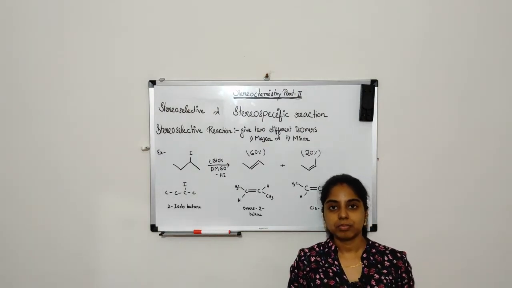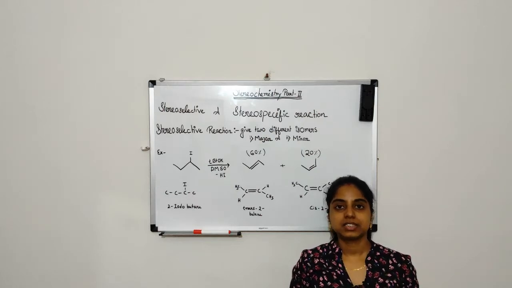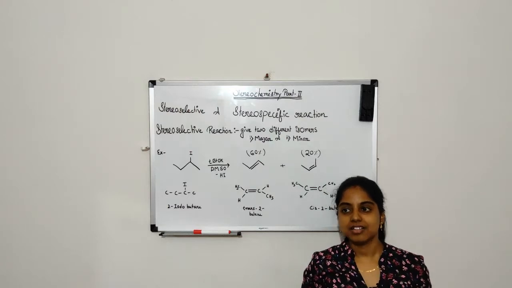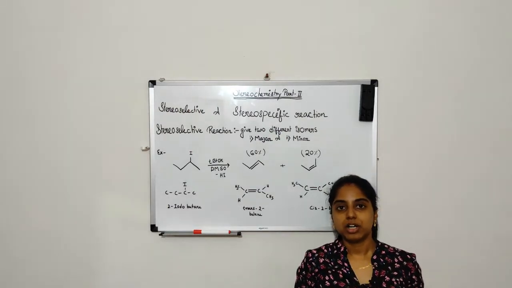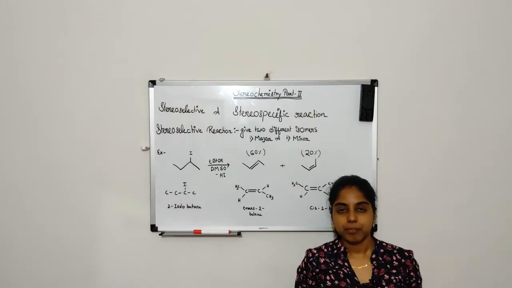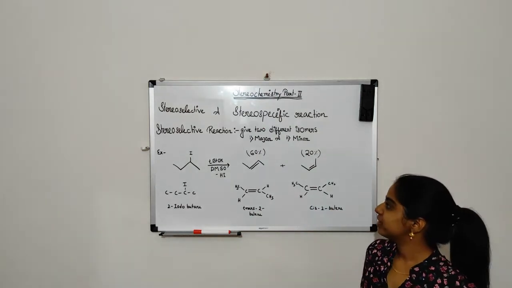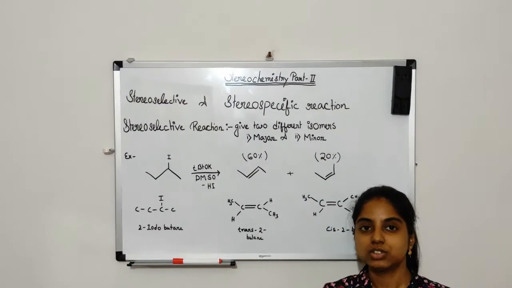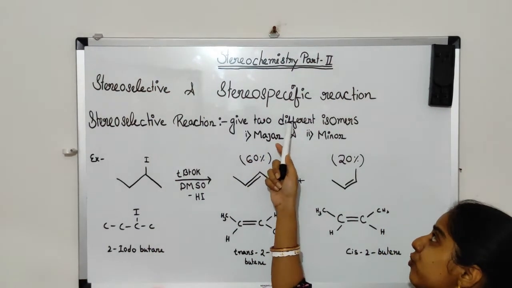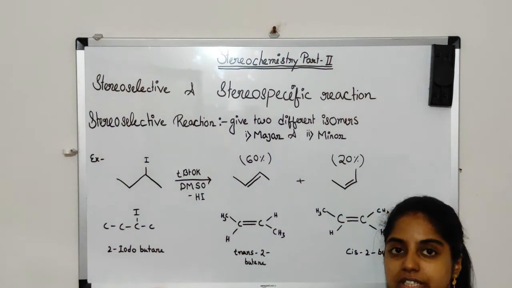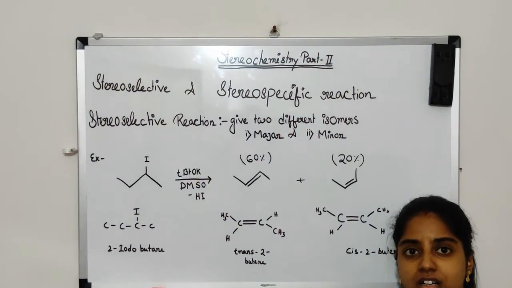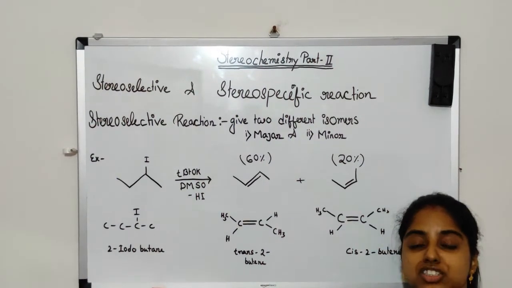So in this class the first topic is stereoselective and stereospecific reaction. These are two similar terms and they tell about the different stereoisomeric outcomes of reactions. So let's start with the stereoselective reaction, right? In a stereoselective reaction, they give two different isomers as product. They give two or more products and we have to select the major product